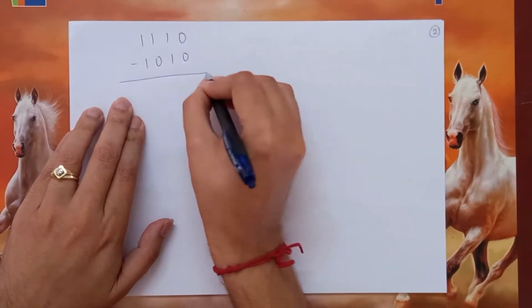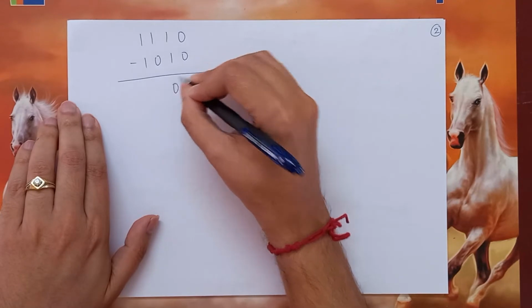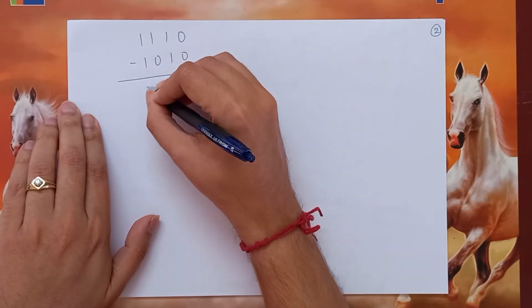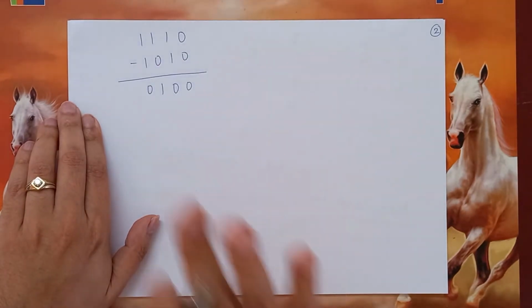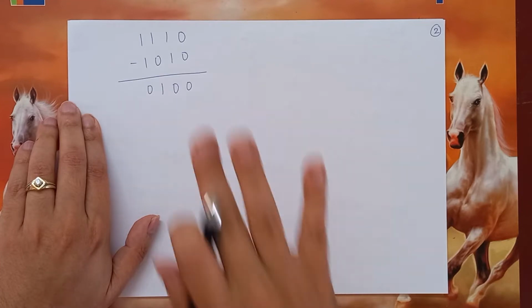I am doing this. So subtracting, 0 minus 0 is 0, 1 minus 1 is 0, 1 minus 0 is 1, and 1 minus 1 is 0. This was a very simple operation where there was no involvement of any borrows. Okay, so we can very quickly check